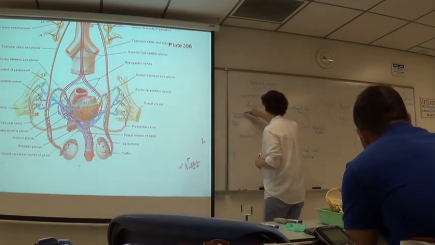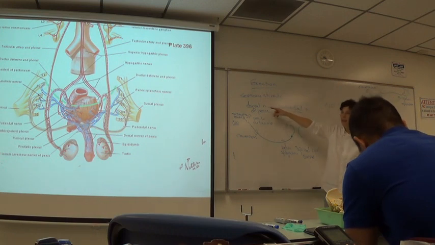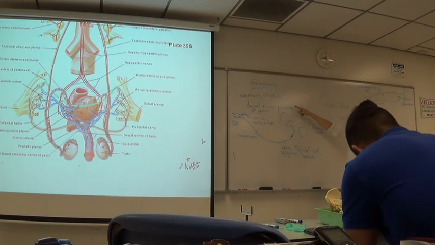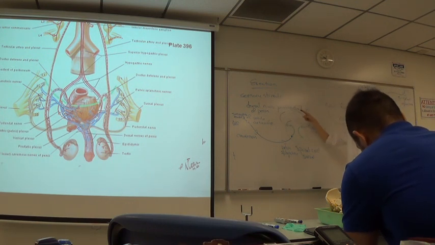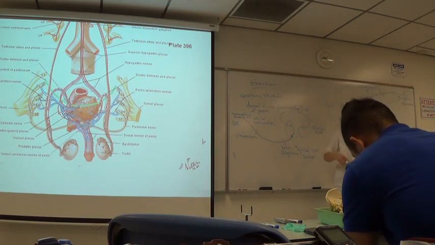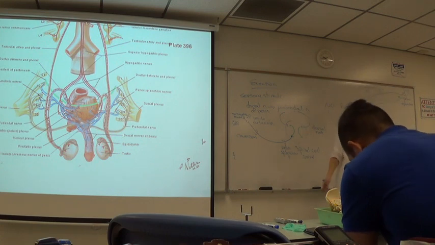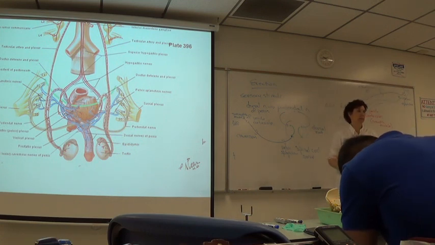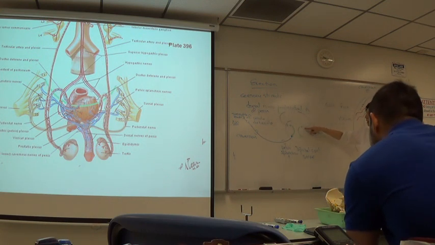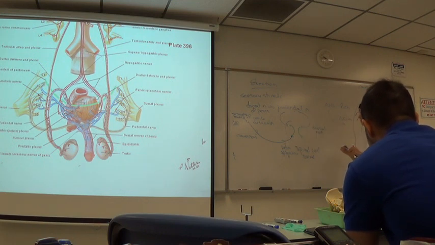So our sensory arm is touching the glans penis, or the glans penis being in the vagina or whatever, traveling from dorsal nerve to pudendal nerve. It's really the same sensory neuron; just as it comes together with other neurons, the name changes. It's like you're on one road and other roads come into it, they change the name, but you never got on to a different road. Okay? So the dorsal nerve of the penis becomes the pudendal nerve, goes into the spinal cord,